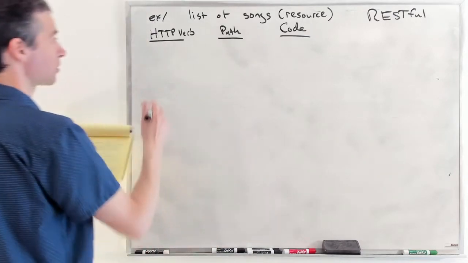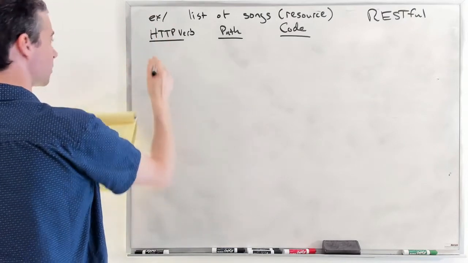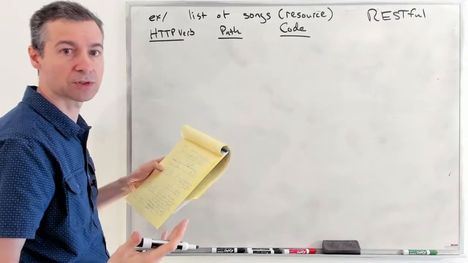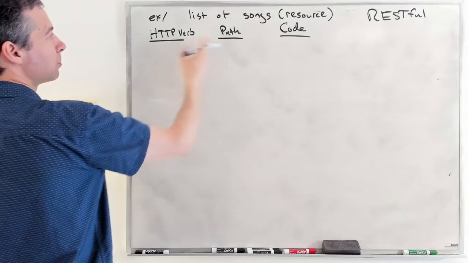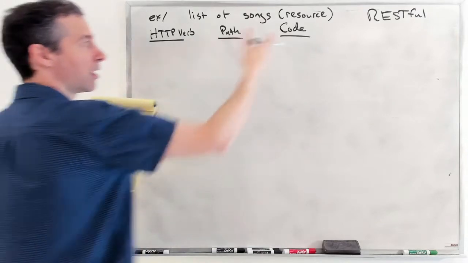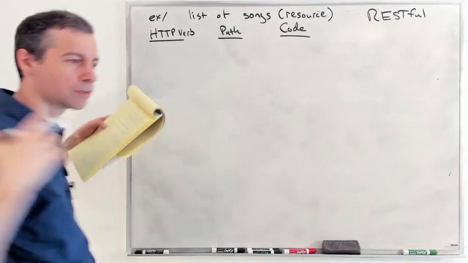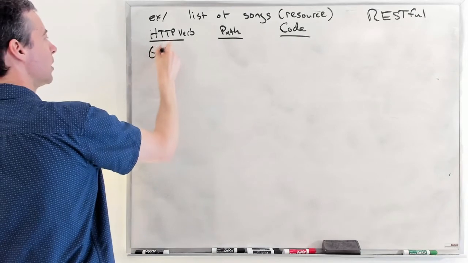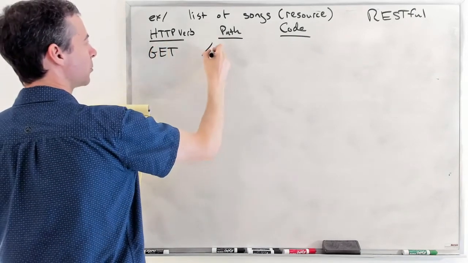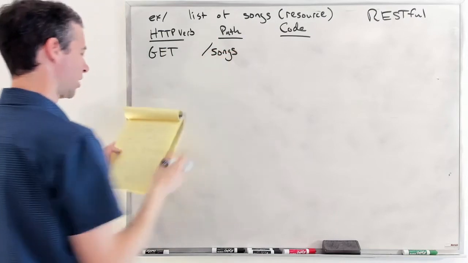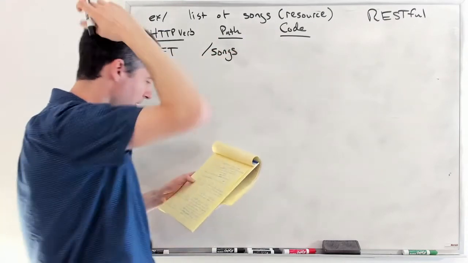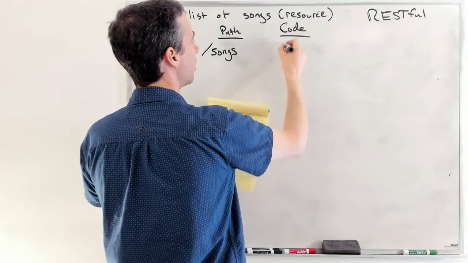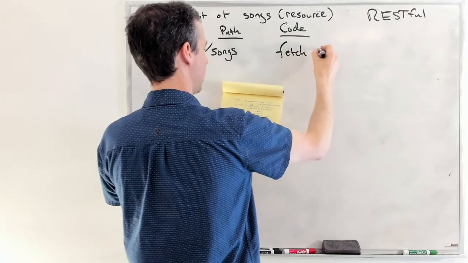And so let's show the standard. If we had songs as a resource, we would create the following RESTful routes, okay? So it's a verb plus a path basically, and then what's the code? This whole thing is the idea of how do we route a request to code, all right? So we come in with a get, and our path would be /songs. And this standard thing, the code for this, so when we say get songs, so /songs, the code's job is to fetch songs